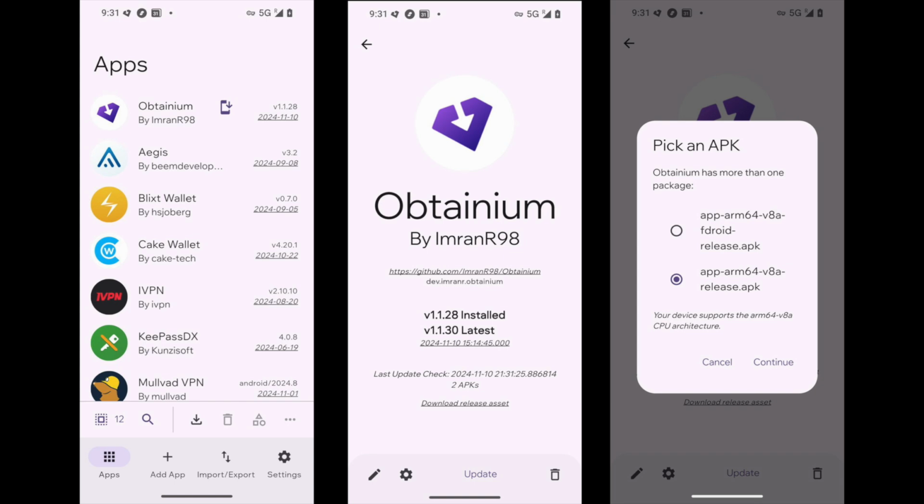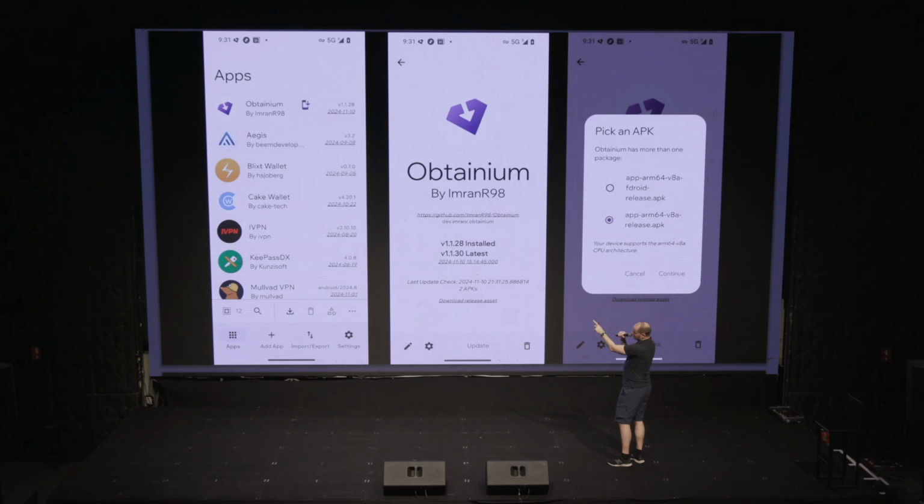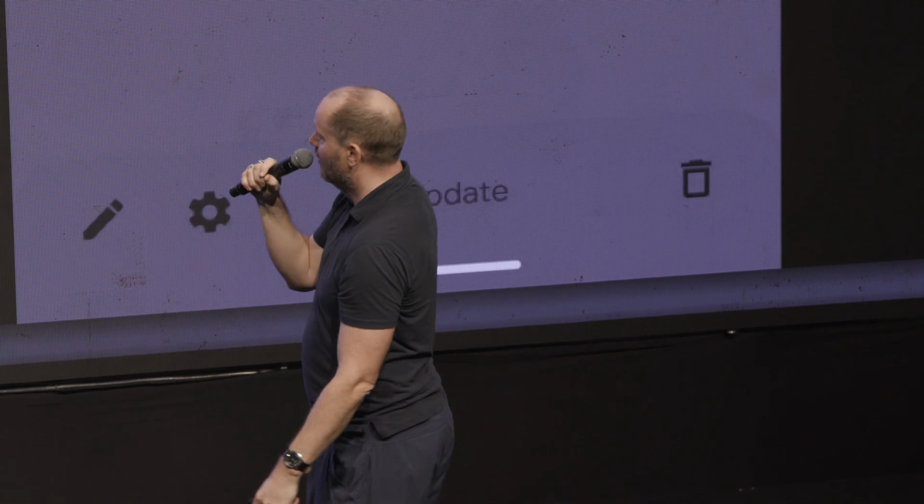The applications that I have here are just getting pulled straight from the releases of these projects, because all of these are open source projects that are nearly all on GitHub. And you're just pointing to the release folder from GitHub.